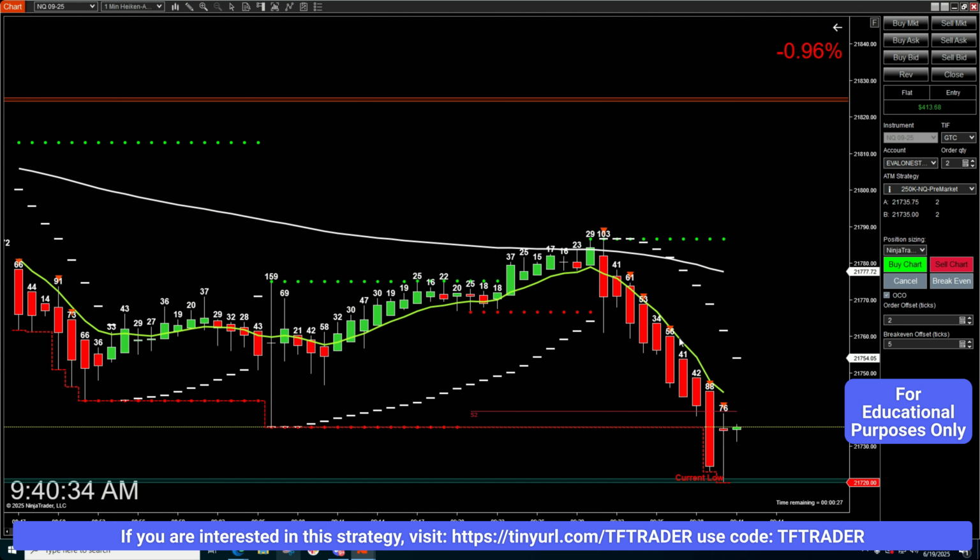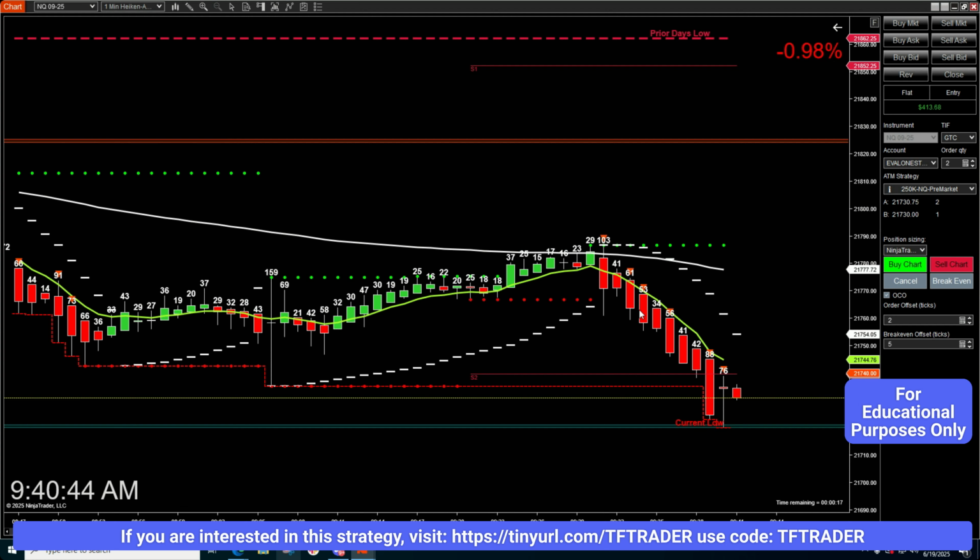So we took that originally. I didn't like the price action, so I admit I prematurely got out of that trade. It would have been a monster trade. So then I waited for the break of the zone, which was here, and we wrote it down for